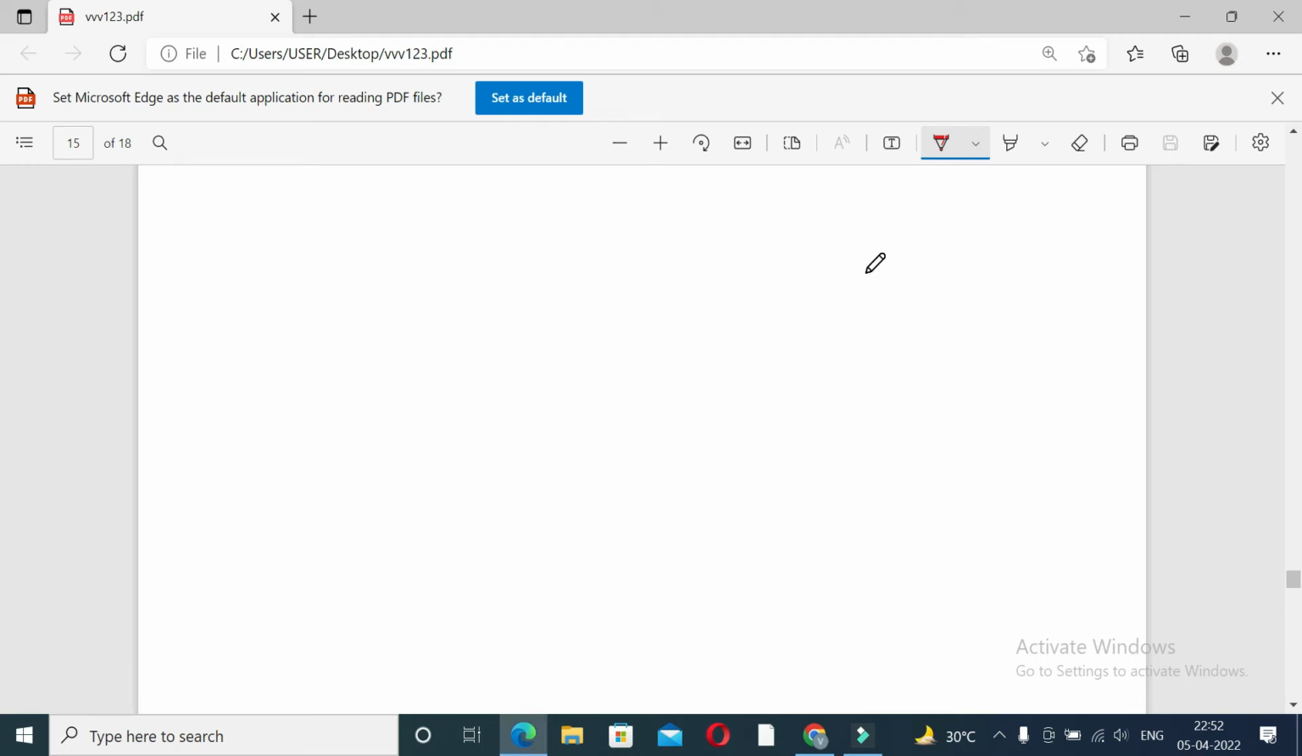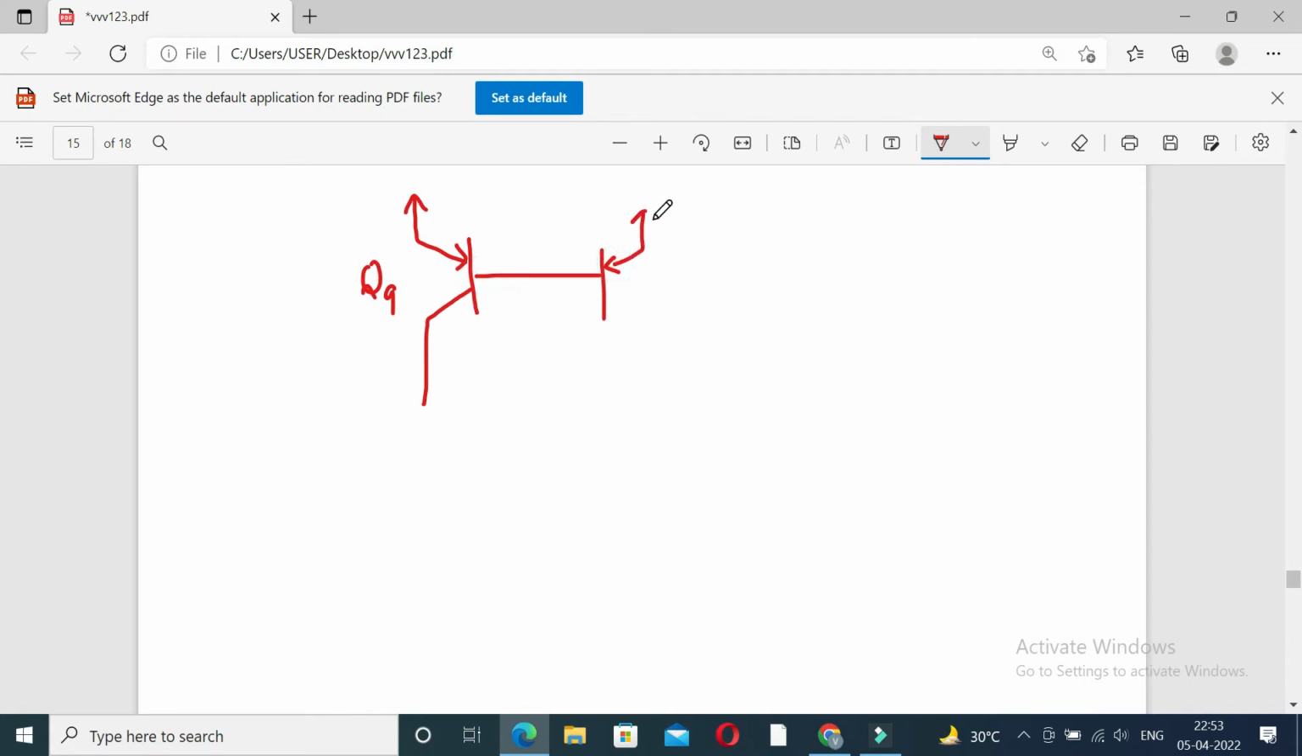In the second part of the DC analysis of the first stage of the IC741 operational amplifier, we can see transistors Q8 and Q9. Transistor Q8 and Q9 are the basic current mirror, and Q8 is connected to